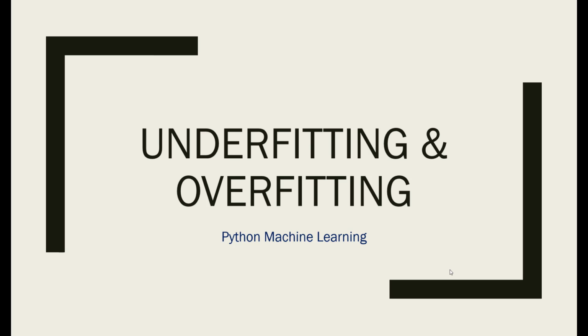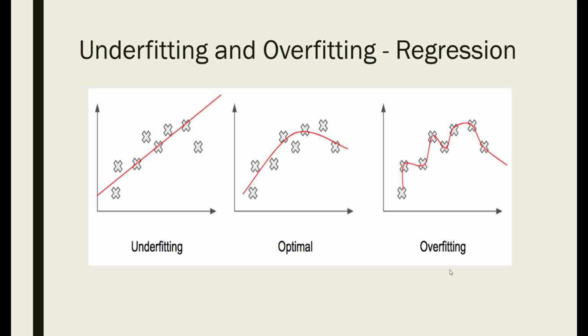In this video, we will cover the concepts behind underfitting and overfitting. When we take the situation of regression analysis in machine learning, underfitting and overfitting can be described in the graphs as represented here. The cross marks are the data points and the red line is the outcome from the machine learning algorithm. In the graph for underfitting, you can see that the machine learning algorithm does not capture the trend